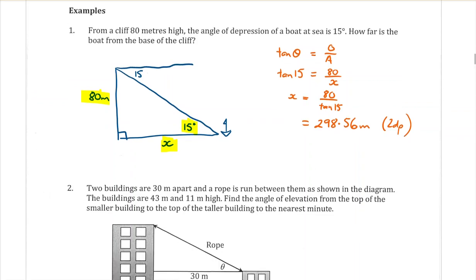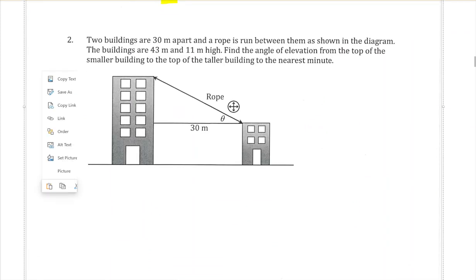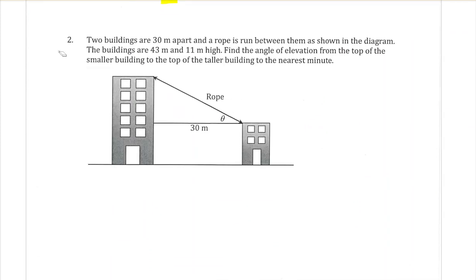Yeah. Good. Question 2. 2 buildings are 30 meters apart. We do have most of the diagram here for us. So we've got our 2 buildings, and you can see there's the 30 meters apart. And a rope is run between them as shown in the diagram. So the rope is the sloping one between the tops of the 2 buildings. The buildings are 43 meters high and 11 meters high. So that's not on the diagram. You better add that. The 43 would have to be the higher building, and that makes the 11 meters the smaller